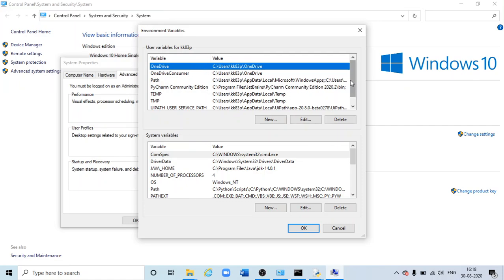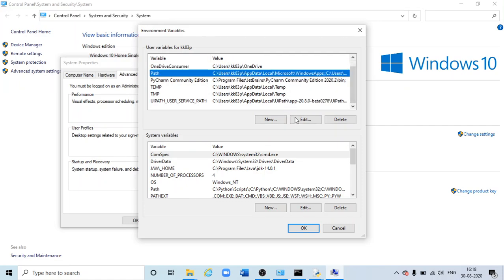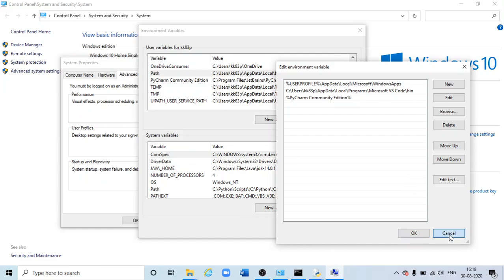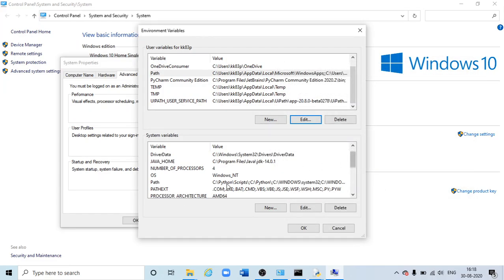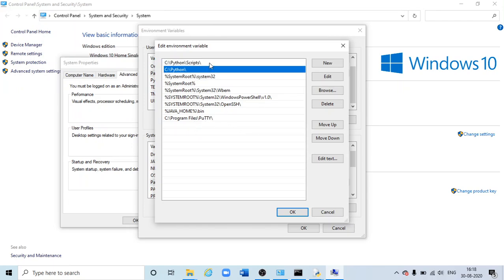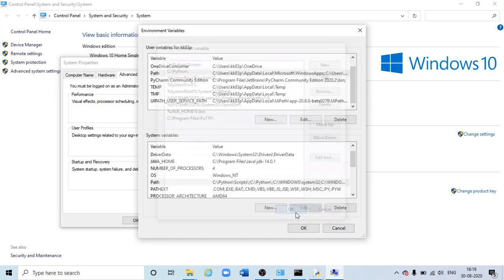So here I can see that in path, everything is set for us, so no need to do it again, because we had selected that checkbox where it will set up the environment variable for us. So now everything is set. So this is all about the installation of Python.